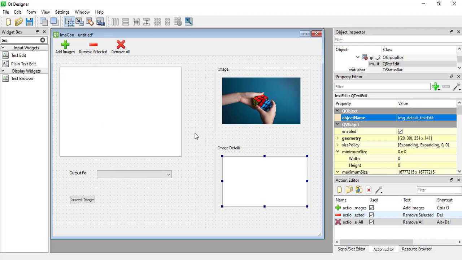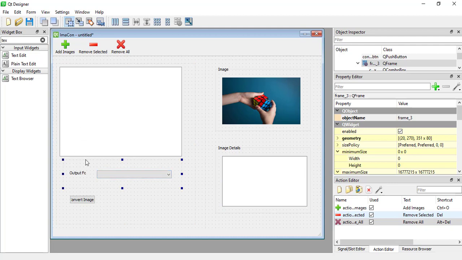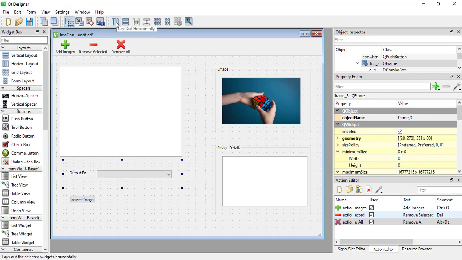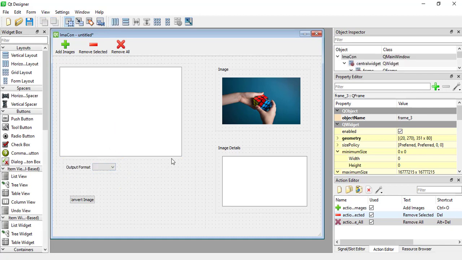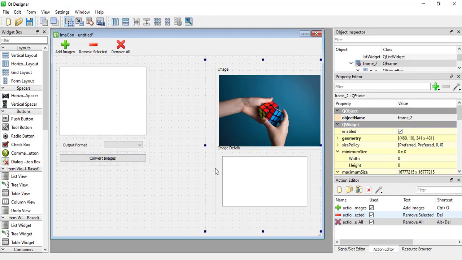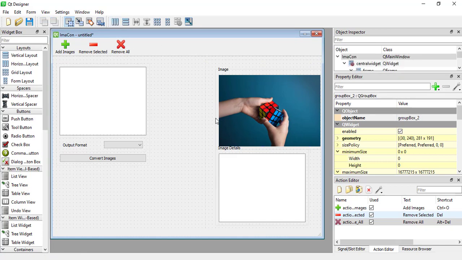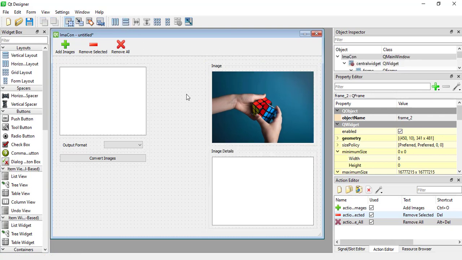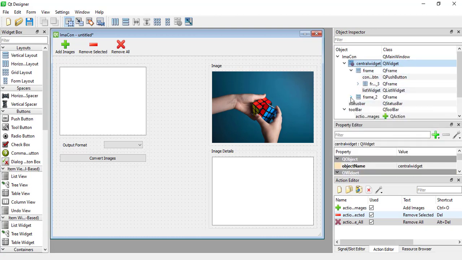Let's just try to use the frames to lay out our stuff properly. So the first one I'll come to is where you see the output format. I'll lay it out horizontally like this. Then I select the whole of the left frame and I lay it out vertically like that. And then I select this group box where the image is and I make sure I lay it out. Select the one down where the details are, make sure that I lay it out. Then select the whole right frame and then make sure that I lay it out vertically like this. Now I can select the central widget from the top here, the object inspector itself, and then I lay it out